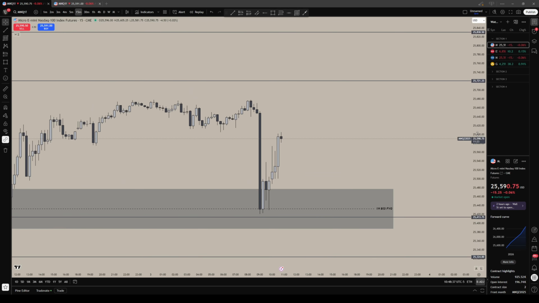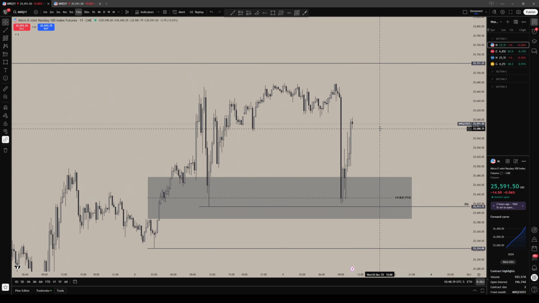So what I would do is I'll pause right here. I'd go from the daily to the 4 hour to the 1 hour, and I'd mark out levels in liquidity or key levels that I think price may want to go to. Not trying to predict which one it'll go to yet, but where it may go to on both the buy side and the sell side.